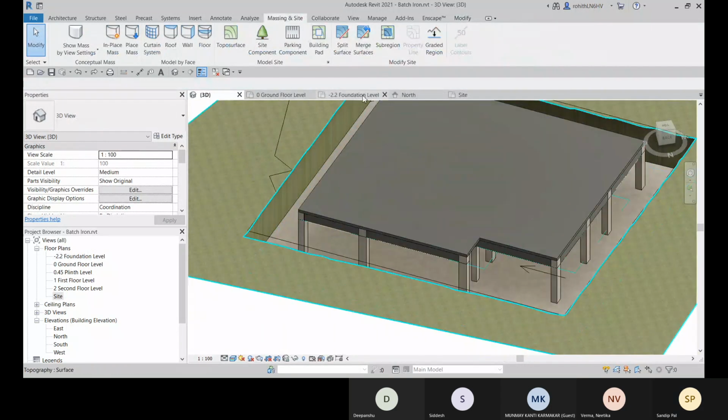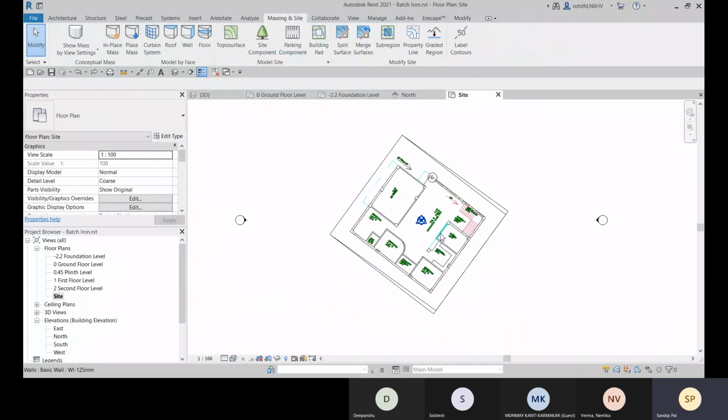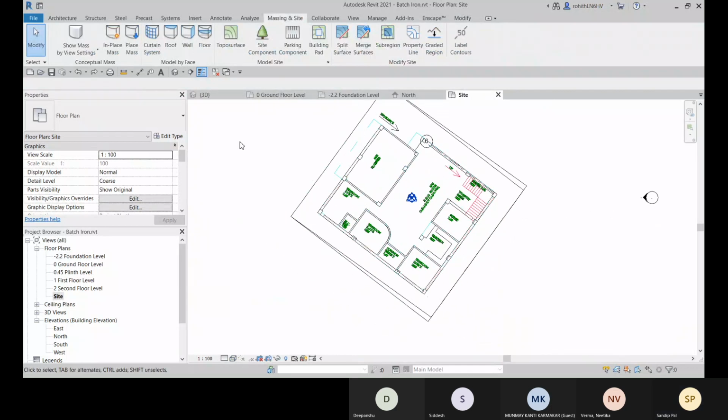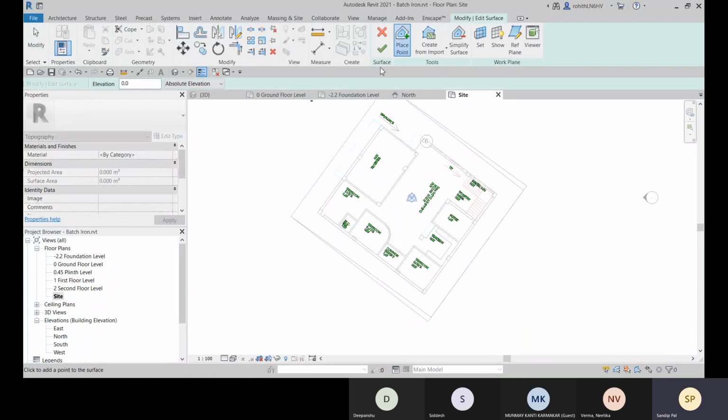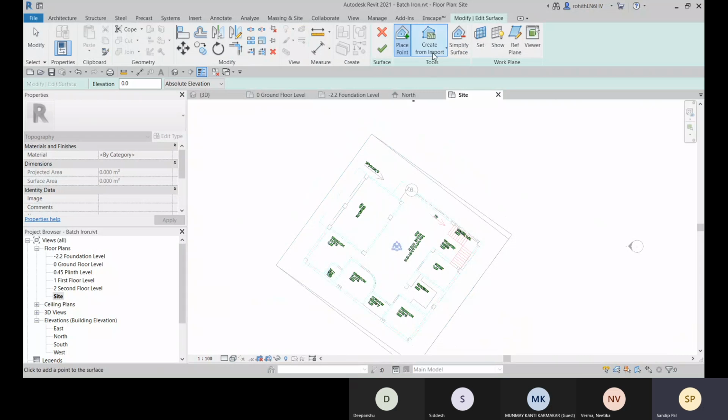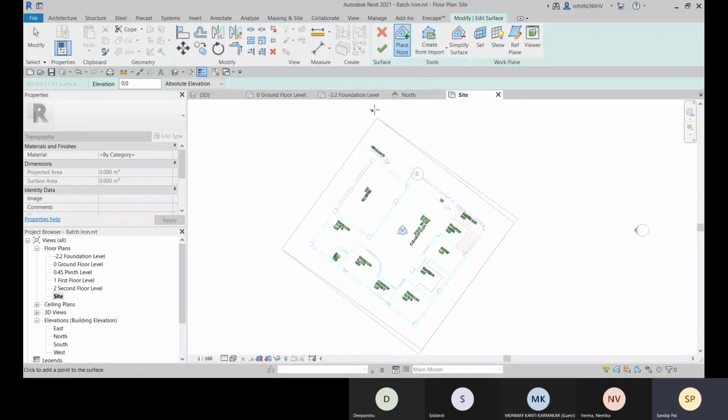Let me go to this side again. Let me create topo surface. This points, place point.